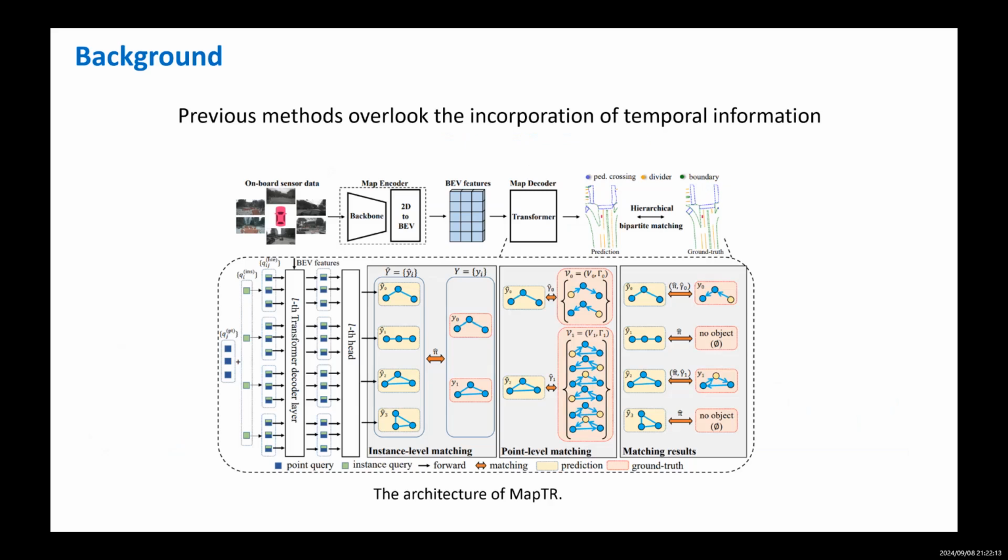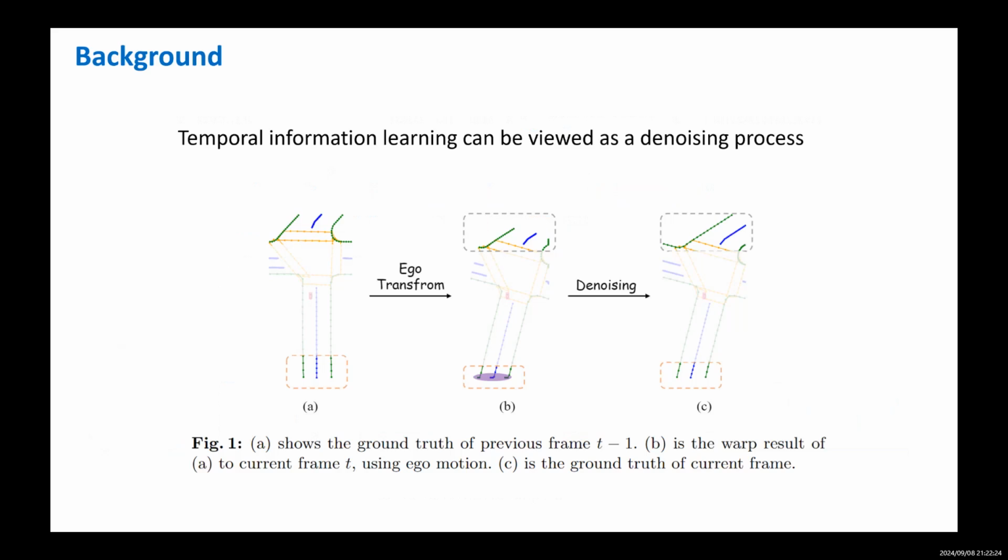Great progress has been made in HD map construction. Typically, MapTR adopts an end-to-end approach to construct vectorized maps, akin to the DETR paradigm. Nevertheless, the previous methods overlook the incorporation of temporal information. Although the efficiency of propagating sparse queries from the previous frame to the current frame has been demonstrated in 3D object detection, the direct application of the previous temporal methods is not warranted due to the inherent modeling variability between